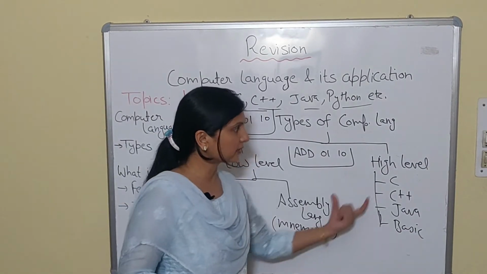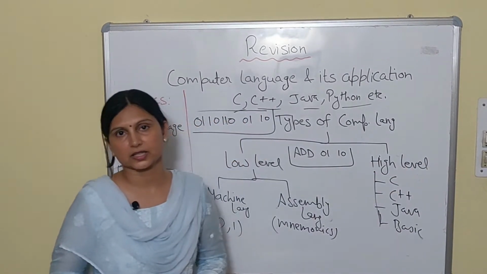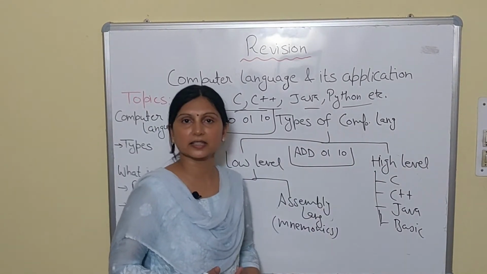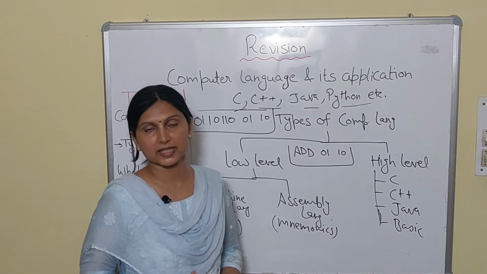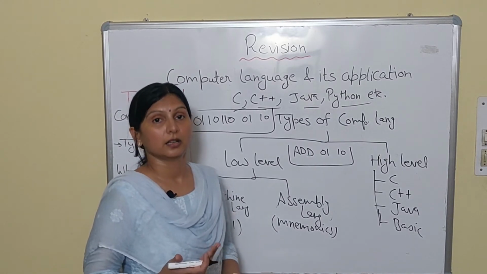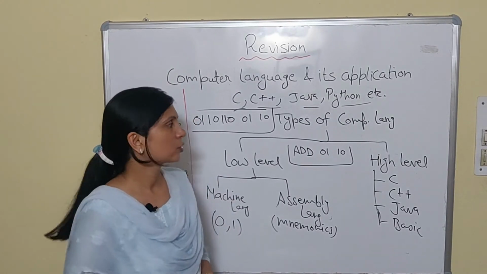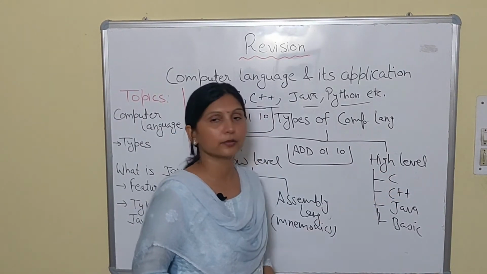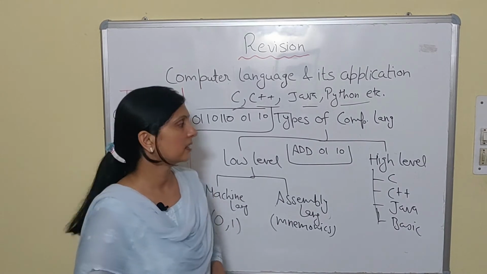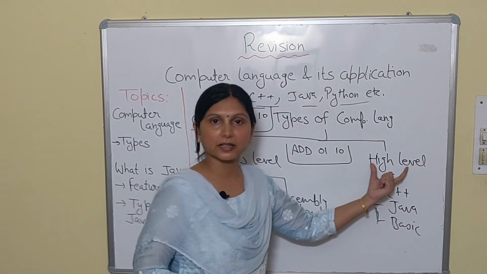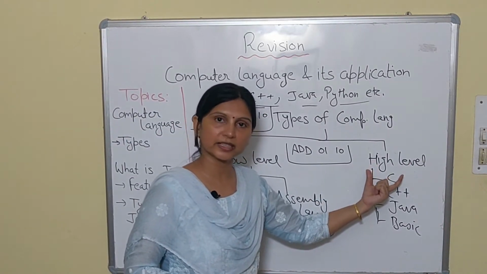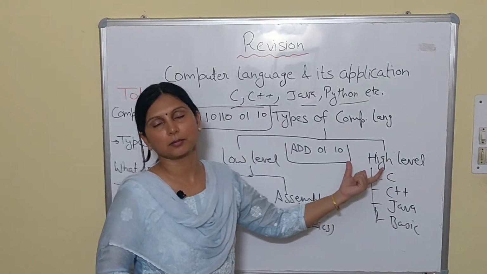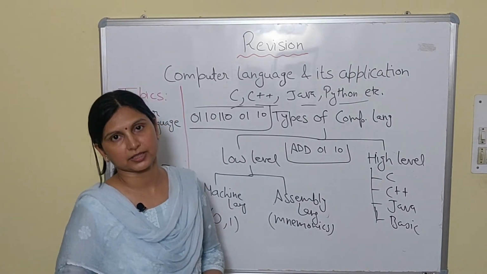To overcome these disadvantages, we invented high level languages. So what are the advantages of high level languages? In high level languages, we started using English words, very simple words which were usually used for communication. So for the user, it is very easy to write instruction in high level language. Again, it will not be directly understood by a computer. Then in this case also it needs a translator, and the translator is either compiler or interpreter.